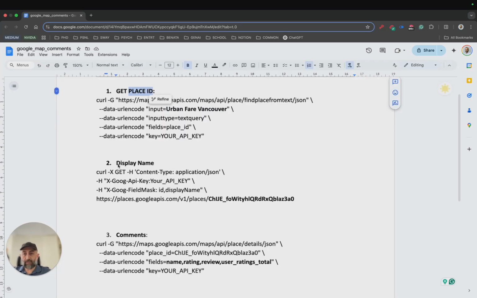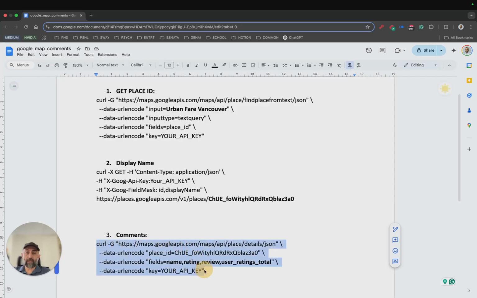For the sake of validation, you then use the place ID from the previous step and double check the display name of the place that you want to analyze. Obviously, in all of these calls, you have to use your API key. After you have your place ID and you are certain about the exact store that you want to analyze, it's time to retrieve the comments.